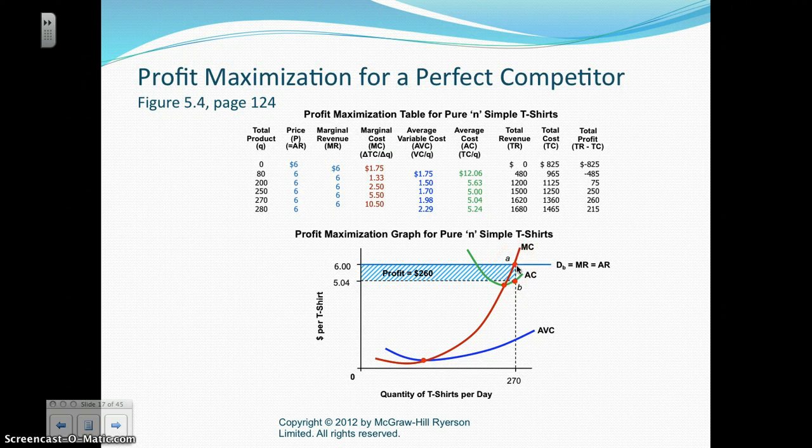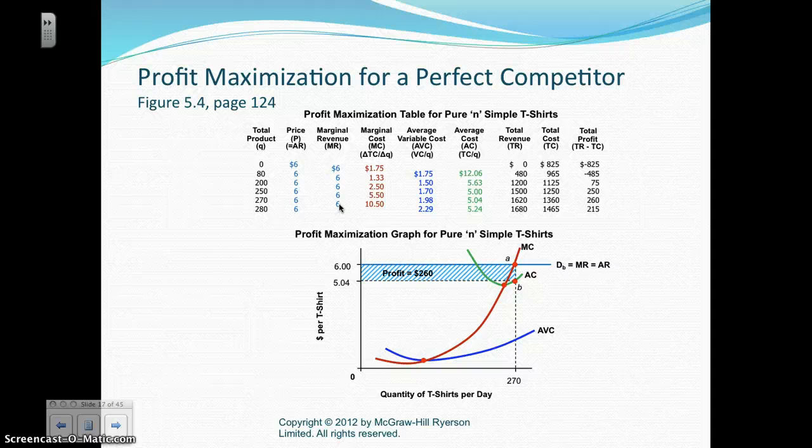So if we have a quantity of 270 t-shirts, which is right here, we simply take marginal revenue and subtract marginal cost. Marginal revenue at 270 is 6,